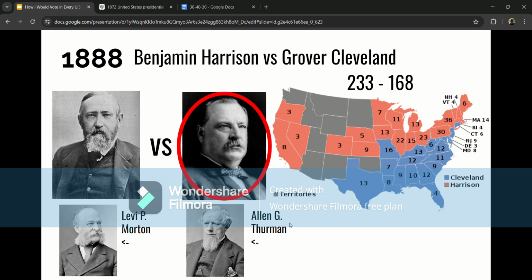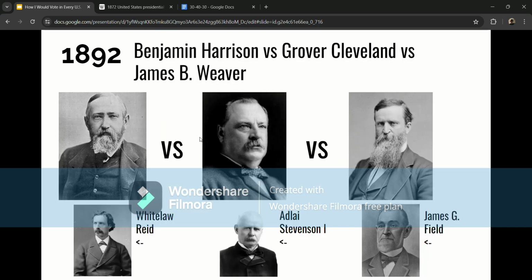Cleveland probably would have been more from my neck of the woods anyway, and would have stood for things that I think I probably would have wanted more so in the office. Again, I'm not a big fan of conservatism, but just compared to the unlikability of Harrison, Cleveland is a better choice for me here. So we move on to 1892, where we have Benjamin Harrison running for re-election against Grover